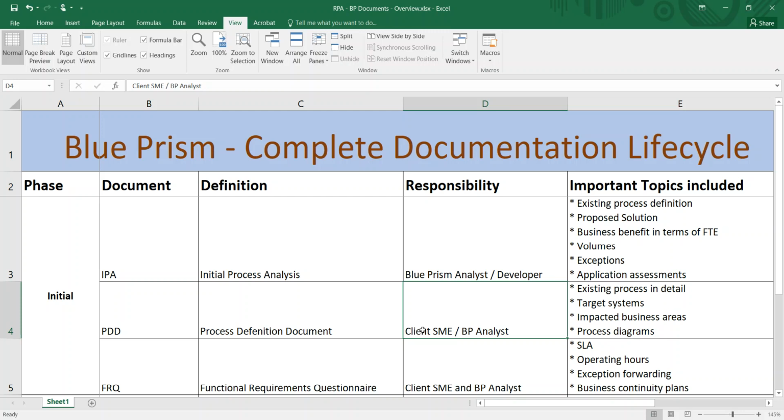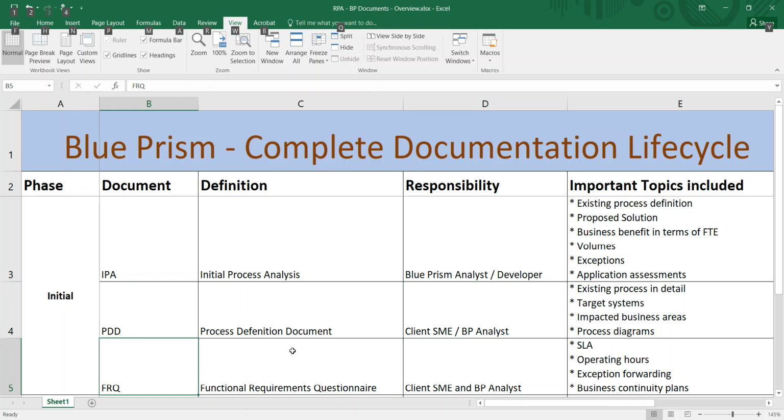These kinds of details will be included in the PDD. The PDD is mainly for the existing manual process description. This can be understood by the developer, and then the developer will build the solution.